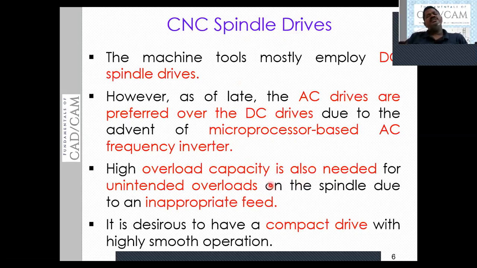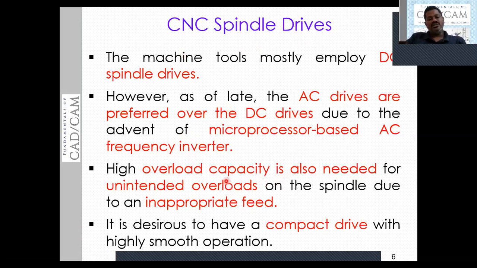These loads are unintentional loads, meaning intentionally the load may not increase. Sometimes, due to breakdown or due to irregular alignment of the mechanisms, overload may occur. If overload occurs, sometimes the drive may also fail. So it must be able to sustain unintentionally applied loads to that drive.